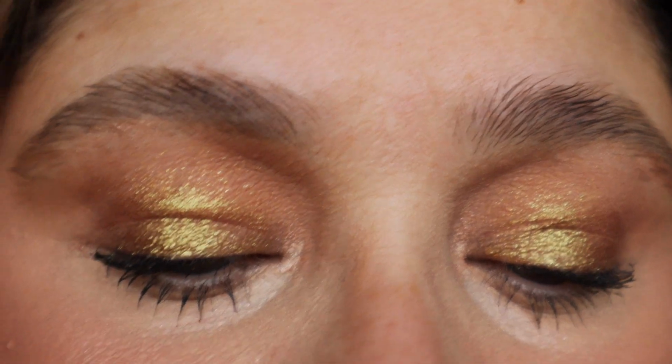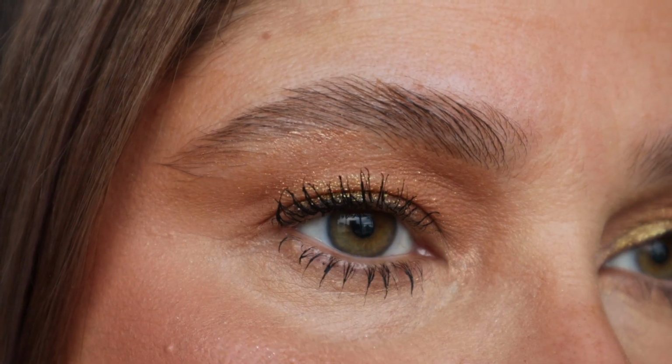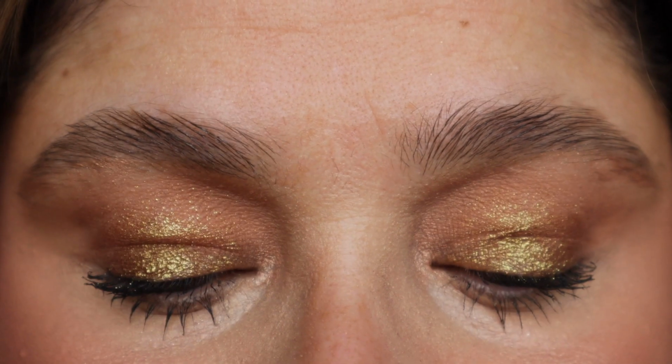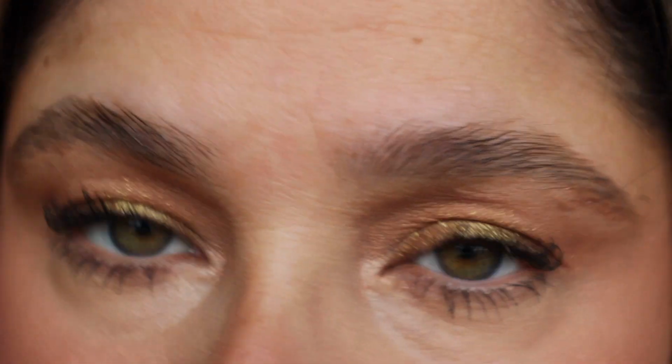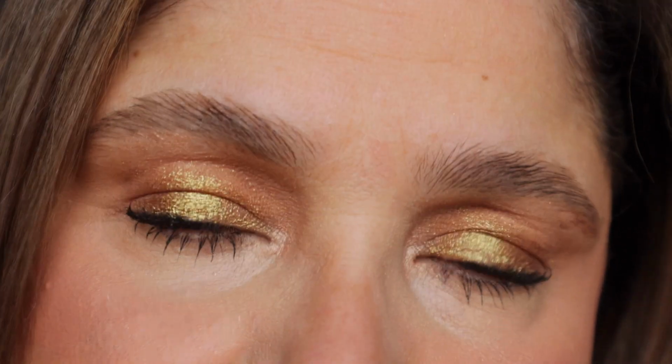The eyes are very subtle with that pop of gold. And of course, lashings of mascara goes a long way to bring it out even more. I mean, all we used was concealer, and we used translucent powder. The Charlotte Tilbury Flawless Finishing Powder is amazing. It is so light, it doesn't feel heavy at all. If anything, it just feels so silky smooth on the skin, and I highly